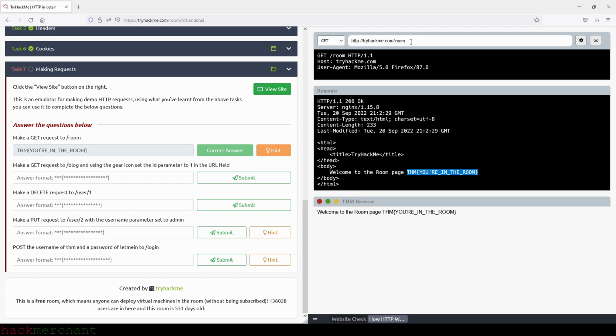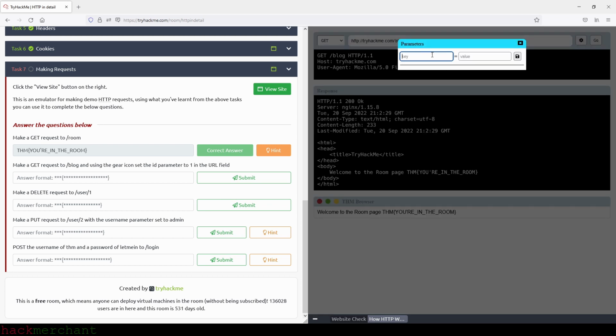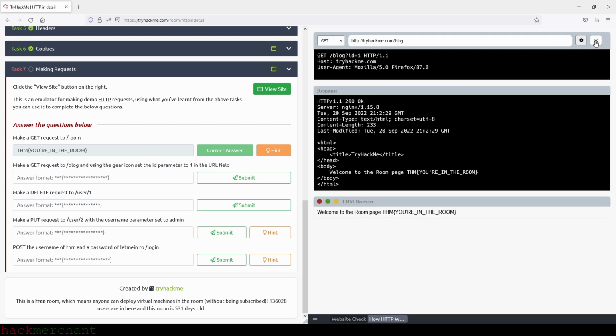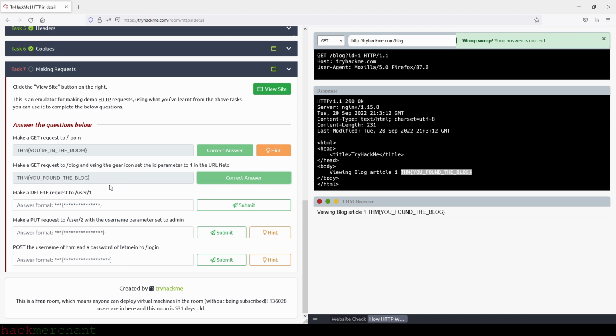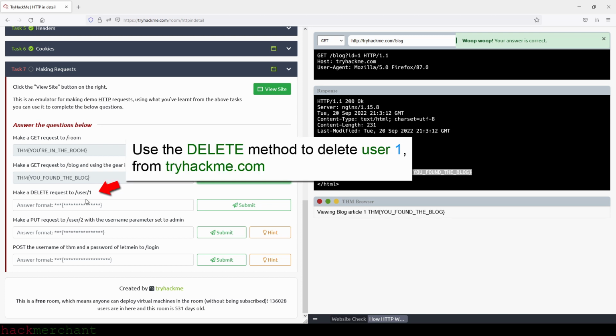So first we type in blog, and then we click on the gear icon, and let's set the ID parameter to 1. So we type in ID here and we type 1 right here, and we save that. We click on X, and then we click on Go. And there you go. Now we have our second flag that we can copy and paste right here, and we submit. And now make a DELETE request to